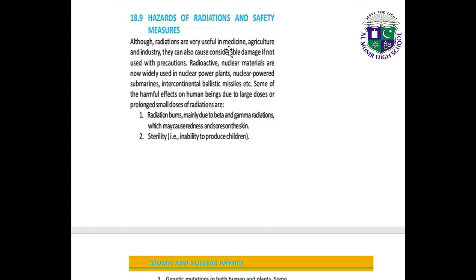Although radiations are very useful in medicine, agriculture and industry, they can also cause considerable damage if not used with precautions. Radioactive nuclear materials are now widely used in nuclear power plants, nuclear powered submarines, intercontinental ballistic missiles. Some of the harmful effects on human beings due to large doses or prolonged small doses of radiations are radiation burns, mainly due to beta and gamma radiations, which may cause redness and sores on the skin, sterility, inability to produce children,